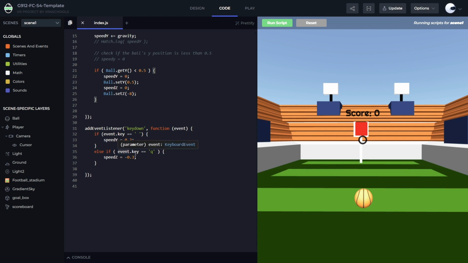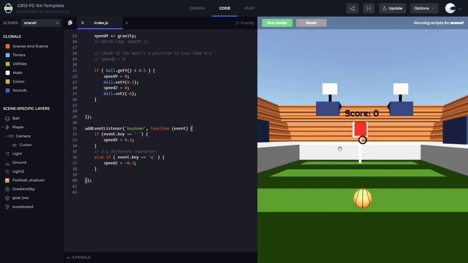You notice that here we have written event.key is double equal to Q, and we have written small q. Remember, I talked about this in our previous lessons, that most of the programming languages treat capital letters and small letters as different characters. So what I want to show you is when you run the script, see, when you press the space key and press the Q button, your ball will move forward,